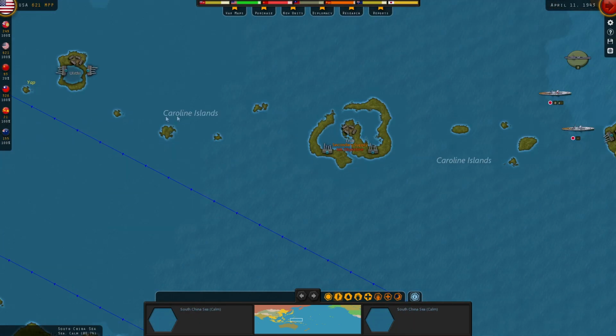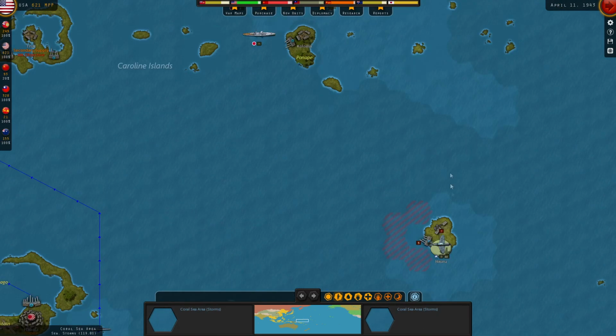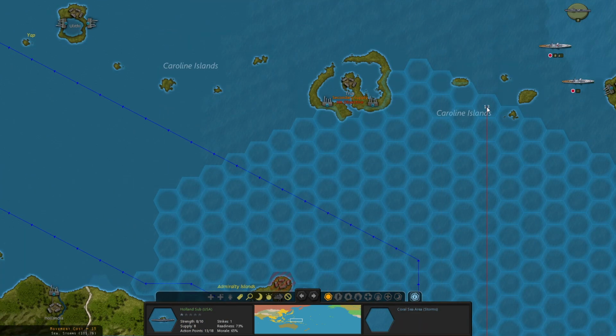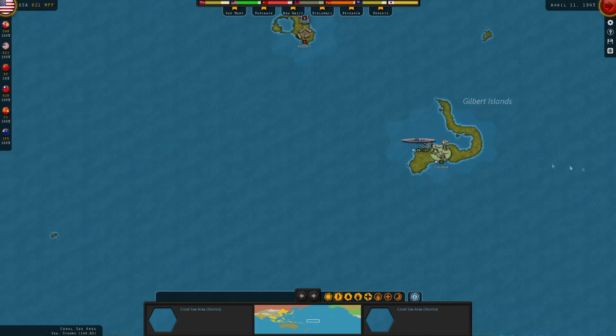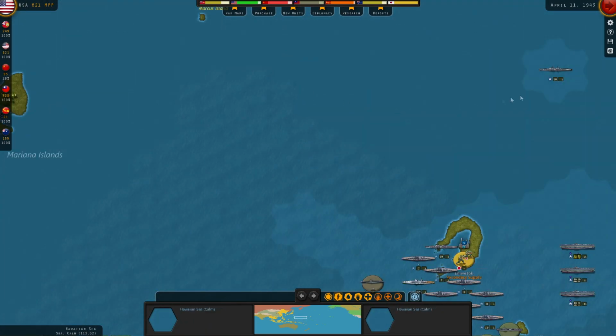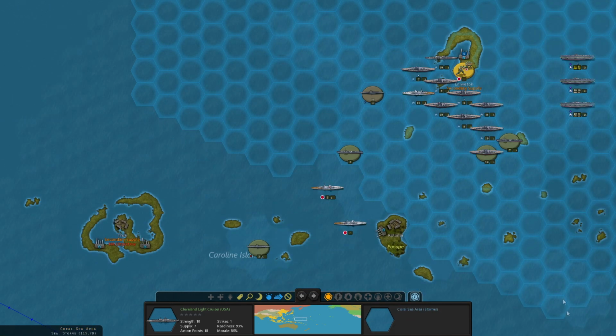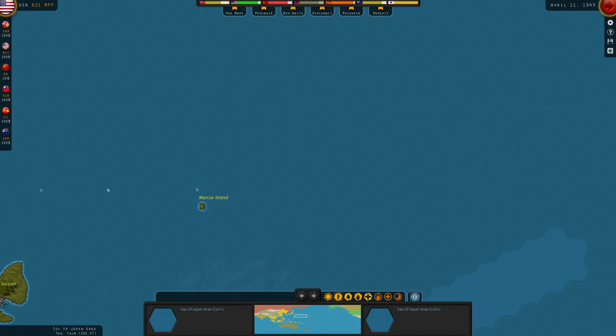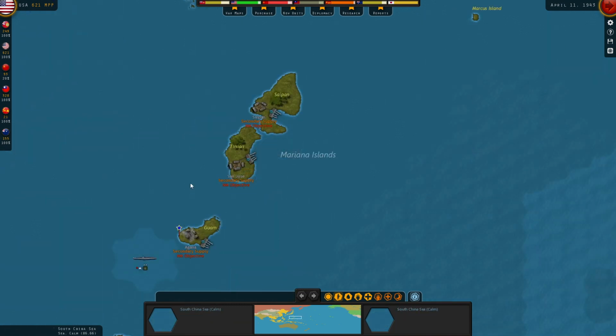We know there's at least 2 more heavy cruisers. Put our sub in behind him. No sign of anything back that way. No sign of anything here, so it's got to be in here, right? Did they just send a light carrier task force? Like, I don't...